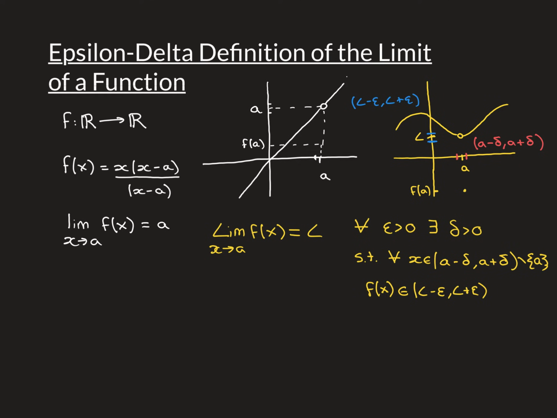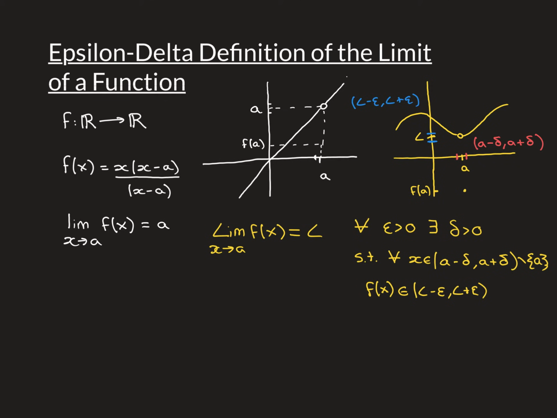So it is saying for all epsilon greater than 0, and that's really saying however close you want, however indefinitely close you want to be to the limit L, construct the epsilon interval around L, and that's what I've shown here in blue. So here's the lower bound of that epsilon interval, and here's the upper bound of that epsilon interval, and note that these are open intervals, so L minus epsilon to L plus epsilon.